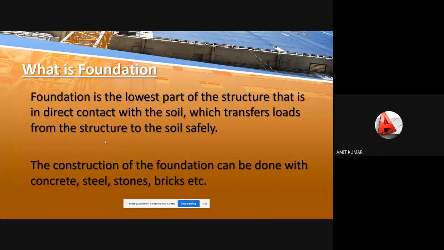In simple words, we can say that the foundation provides support for the structure, and also transfers the load of the structure to the layers of soil or rock safely.